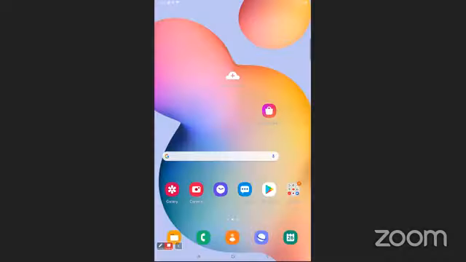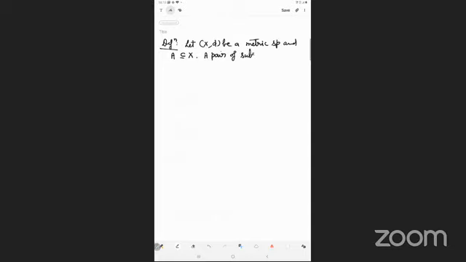Let X be a metric space, and A is a subset of X. A pair of subsets A1 and A2 of A is said to be a